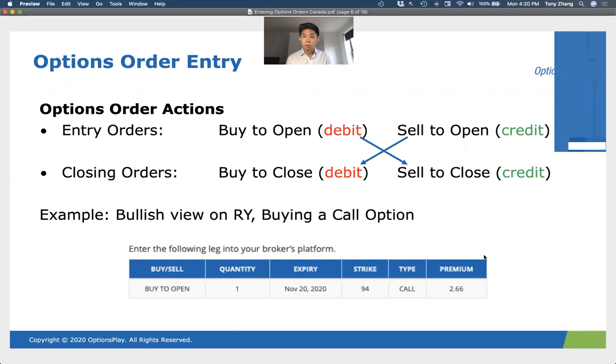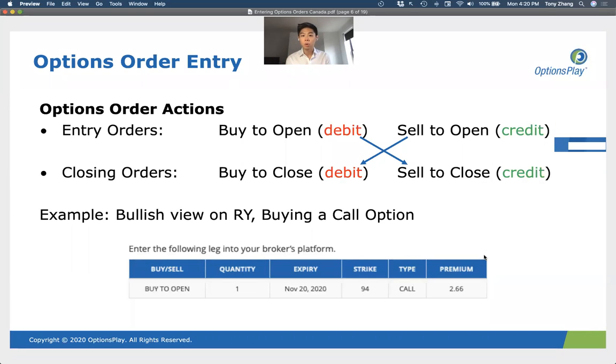When you're trading options, because you're trading a specific contract, when you're either buying or selling an option contract, you actually have to specify within the order of your options trade whether this is an order to open a new position or an order to close an existing position. If you screw this up,